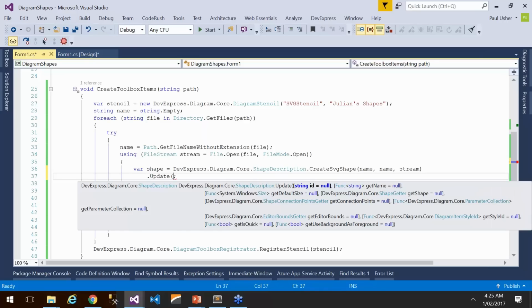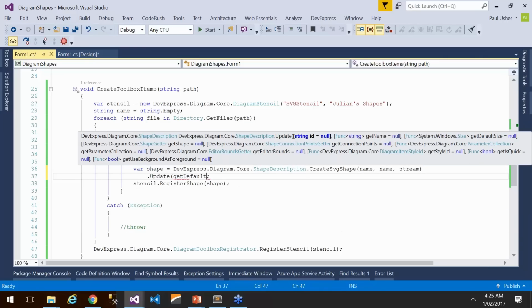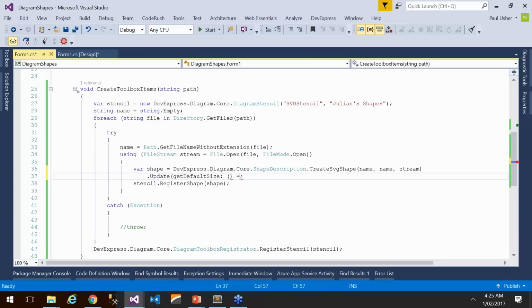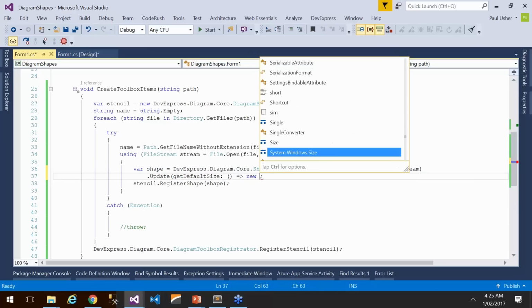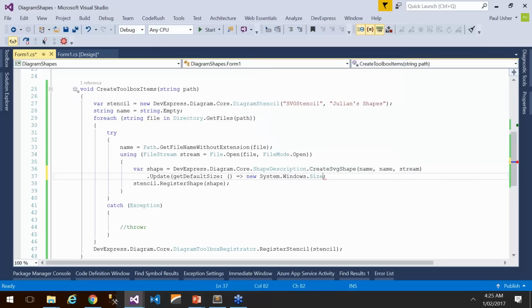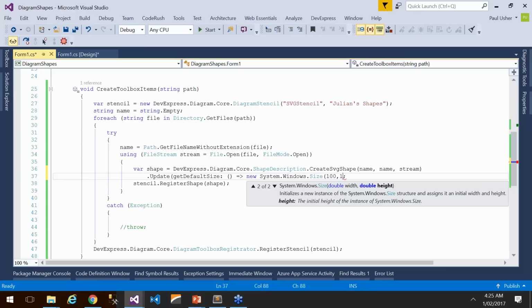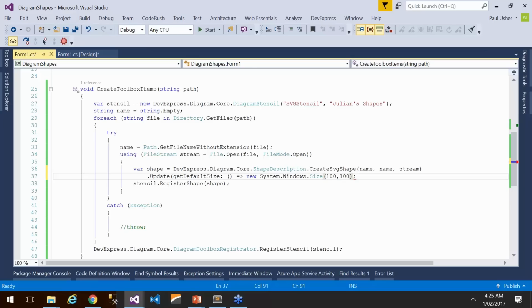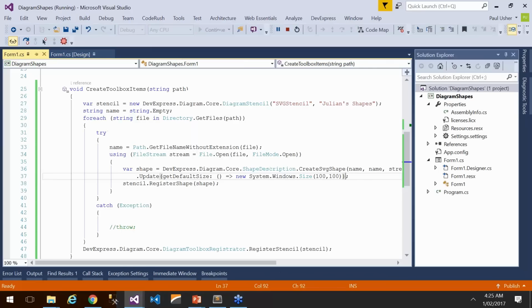I'm going to call update, and I'm going to say get default size, and I'm going to set that up as a new function, and it obviously knows automatically that we want to deal with a System.Windows.Size object, say 100 by 100. Got a closing bracket in there. I'm just going to run that quickly again just to see. So with that one simple method call, now when I drag the rocket onto the canvas,